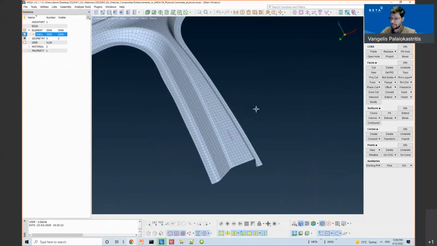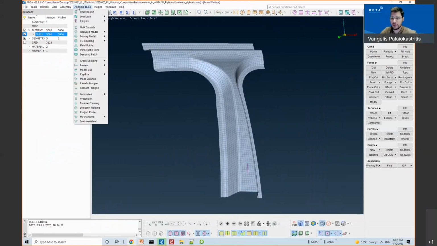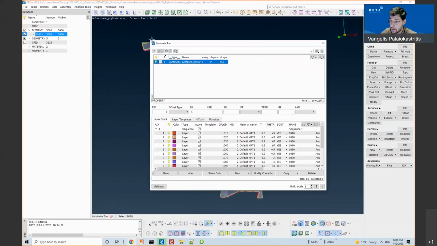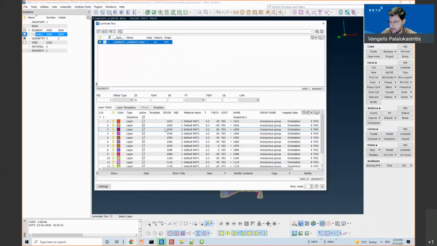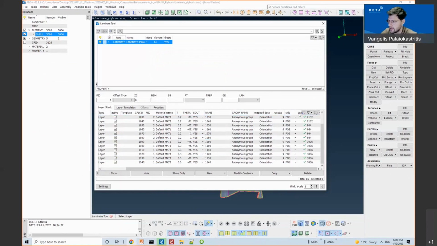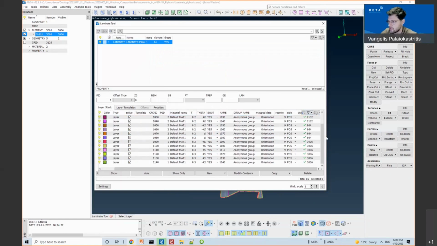So I have this laminate model. I can open the laminate tool, and I can see that I have 14 layers defined, and that these layers are draped. Their drape status is okay.